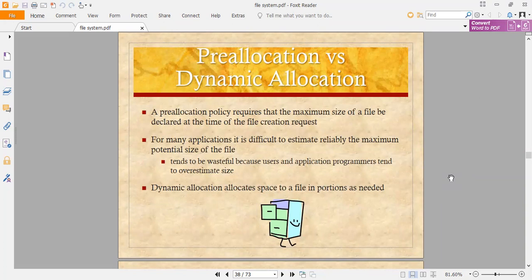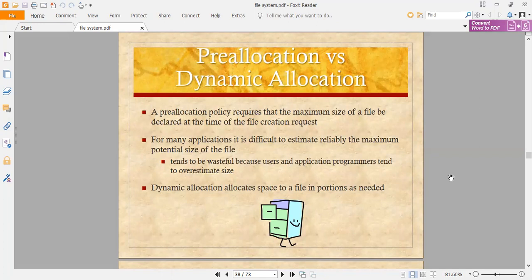Nowadays, since we are into dynamic criteria, we are following various dynamic mechanisms, as in dynamic loading, linking, or there can be any kind of interruption that can be caused at any time, for which we need to allocate additional resources or files. So under such scenarios, it is quite difficult for a user or a programmer to estimate the size, or to pre-mention the size that would be required.